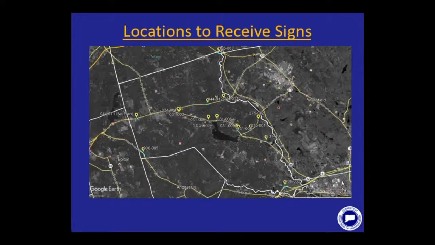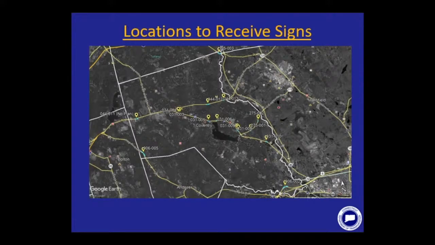And the next, at 1 curve on Route 195, we're going to be installing 2 signs and 0 retroreflective strips and removing 3 signs and no retroreflective strips. And then finally, at 2 curves on Route 275, we're going to be installing a total of 4 signs and 0 retroreflective strips and removing 5 signs and 0 retroreflective strips.